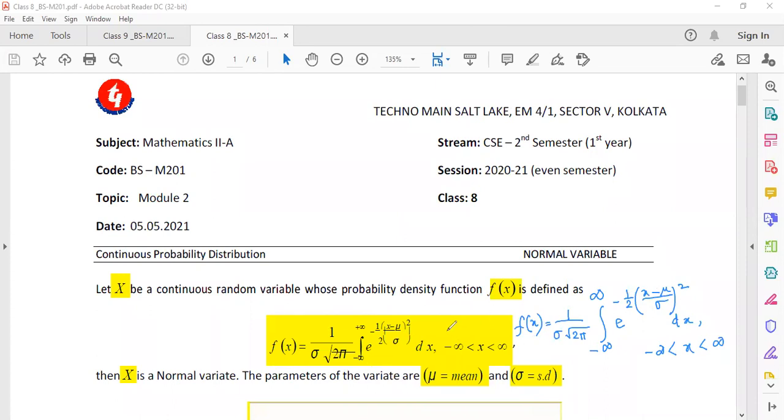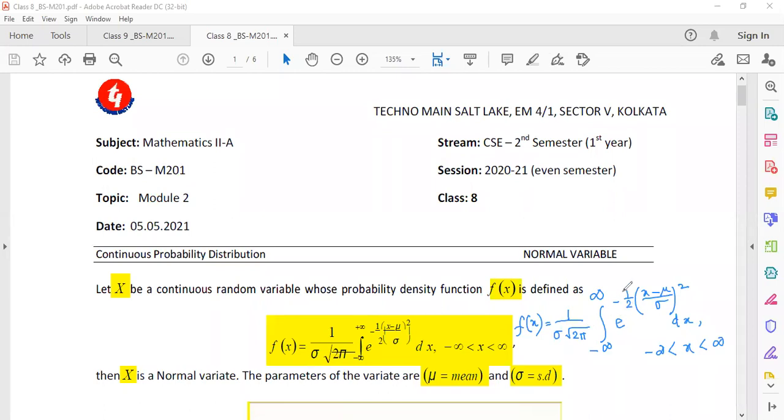And just like the binomial probability function and the Poisson probability function, this probability function also has two parameters. Now, what are the parameters of this probability function? Let us try to identify them. Now you see 2 is a constant, it's a number, it's an integer. Pi is an irrational number, it's a constant. And under the square root sign, whenever I write twice pi, it is also a constant.